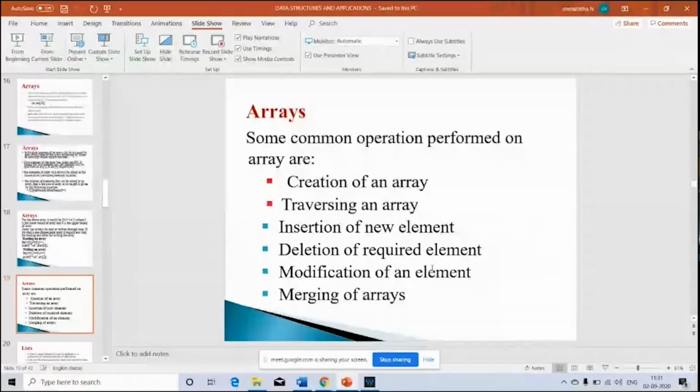Insertion of a new element. What do you mean by insertion of a new element? Assume I give int a of 10. But while reading, I will read only 5 elements, because I give for I equal to 0, I less than 5, I plus plus, so I will read only 5 elements. But I have reserved the maximum size of 10. So once I create an array, in between, I can insert an element into the array